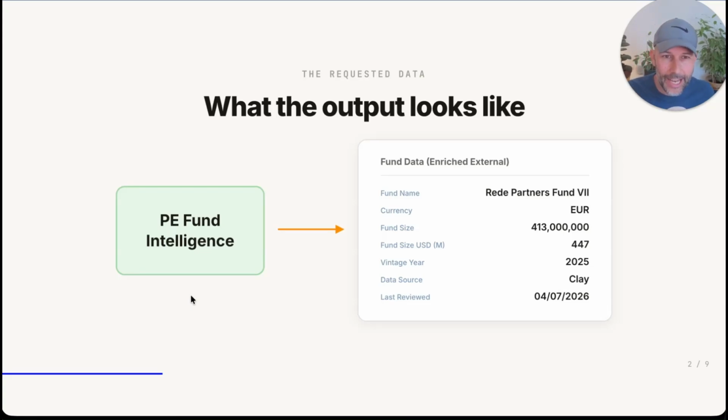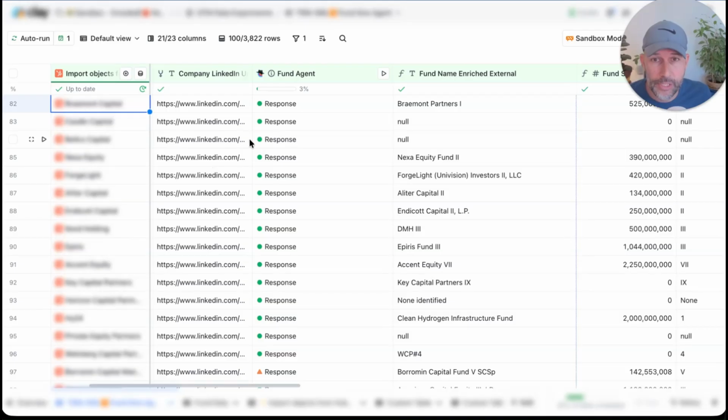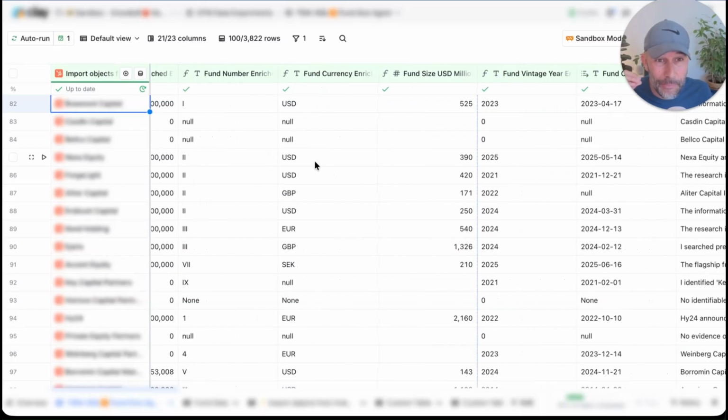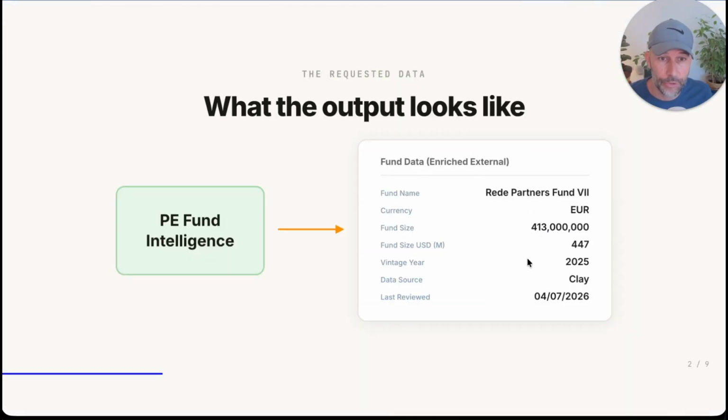When you ask AI to say, give me the flagship fund and all these data points about the flagship fund for this company, this meaning it's basically then in a Clay table or in Cloud Code or whatever, I absolutely use Clay, just like Claygent Argon is absolutely amazing for these kinds of tasks where it gives you amazing capability of following instructions and actually being able to ingest a lot of data to produce these kinds of outcomes, which is basically what you saw here. This is the Clay table producing this type of data.